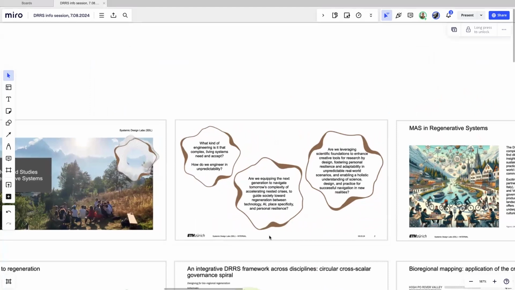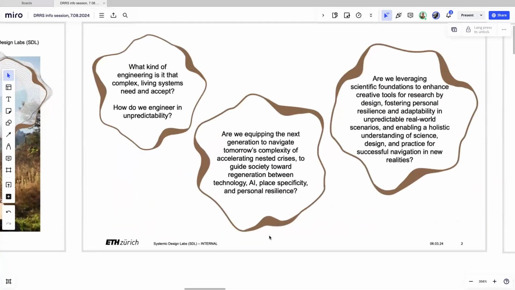We're having here some questions, and again, we can look at them later on, but some of the guiding questions, since ETH is of course an engineering technical university, ask things like: what kind of engineering is it that we need or don't need in complex systems that are living systems where we are part of? And how do we engineer in something that's continuously changing and evolving?